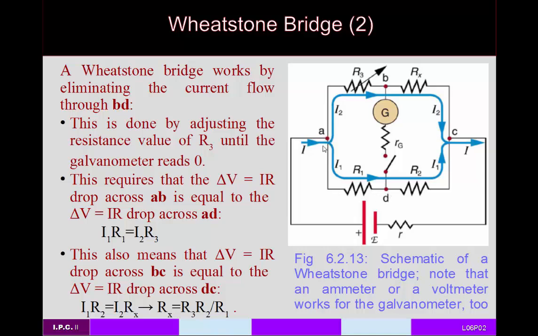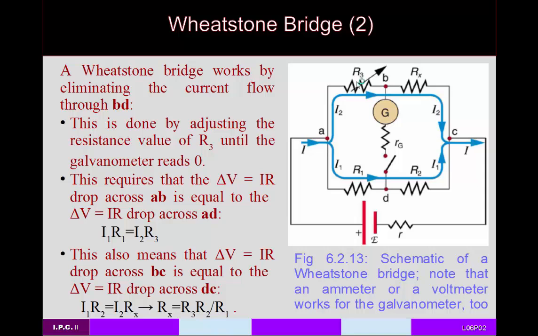So the voltage drop from A to D and the voltage drop from A to B must be equal in order for there to be no voltage drop from B to D, because the voltage drop across AC is the same whether you go through this branch or through this branch across the bridge. The only way to ensure that there's no current through this bridge is for the voltage drop to be zero, and that happens in the case where